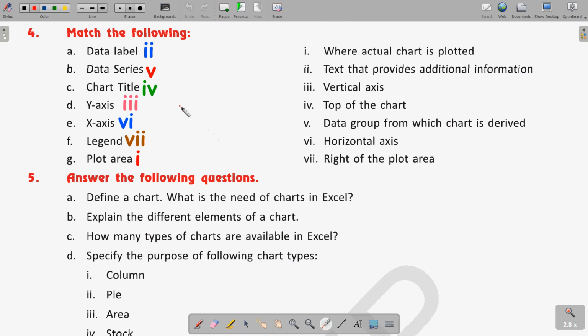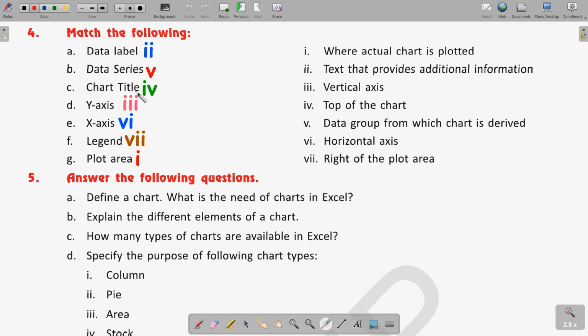So here you can match with the statement 5, that is data group from which the chart is derived. Here the answers are also written. I am not matching it because it will be confusing if you see all of these lines together. So data series you can match with option 5.